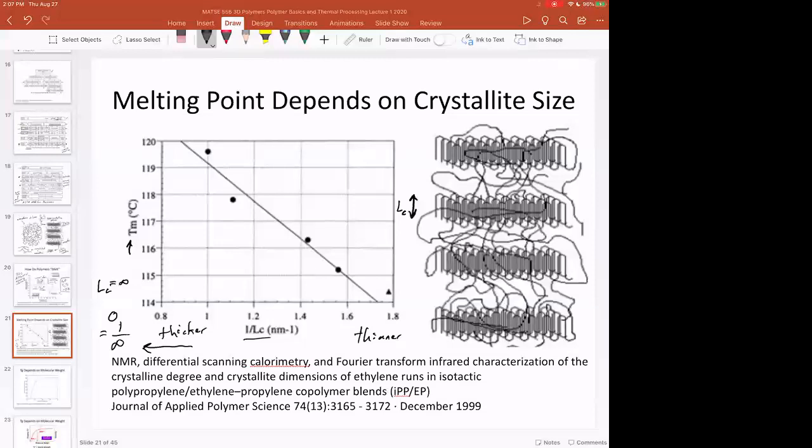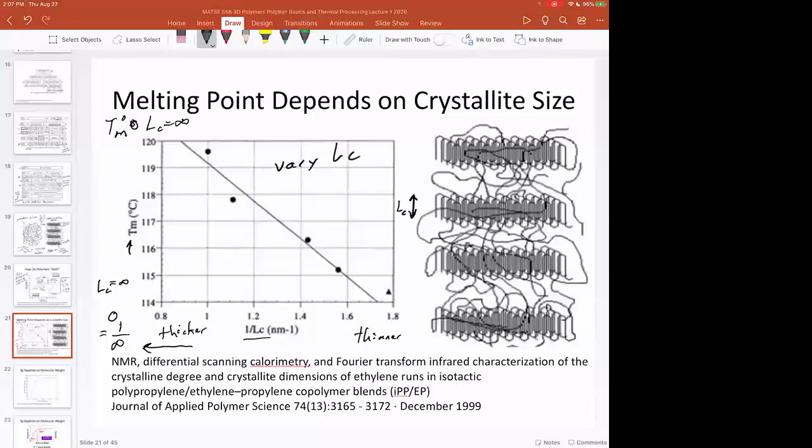And that's the thermodynamic melting temperature of the polymer, or what we call TM0 at LC equals infinity. So if you want to study the limits of this, you can look up the TM0 of lots of different polymers. But usually the TM will depend on the crystallite size. And the crystallite size, we can vary